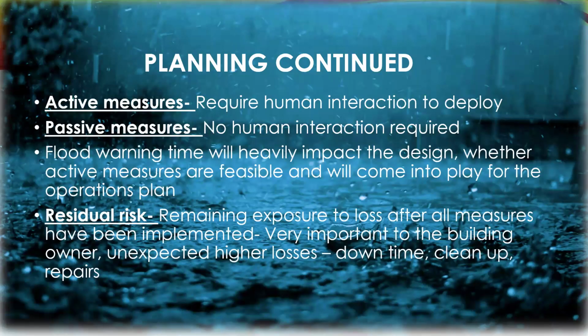implement this. It's possible that the system could fail, and then you would have unexpected higher losses. And how much would your insurance policy offset that? So again, active measures require the human interaction. Passive measures, no human interaction is required for that. So that would depend on the flood warning time. That's going to impact the design, whether those active measures are feasible and would come into play for the operations